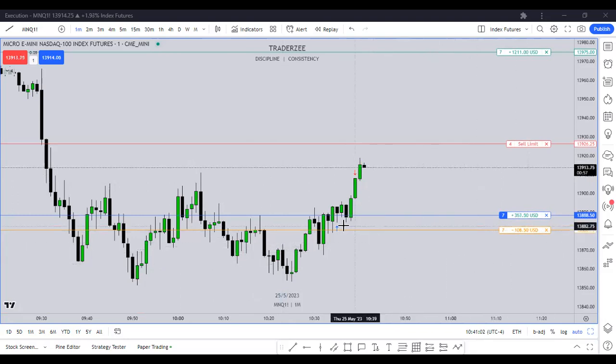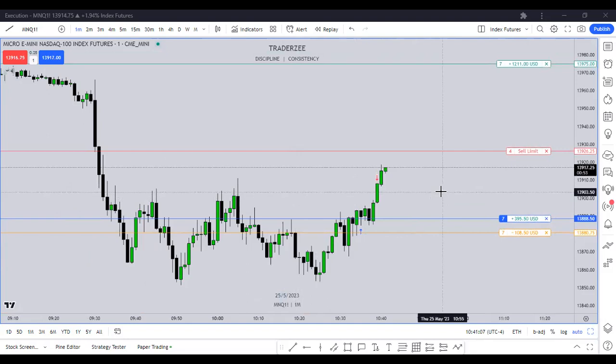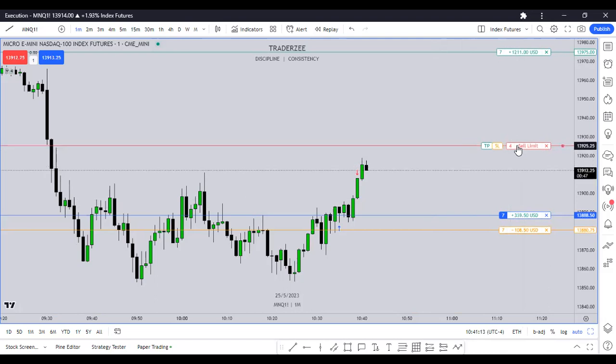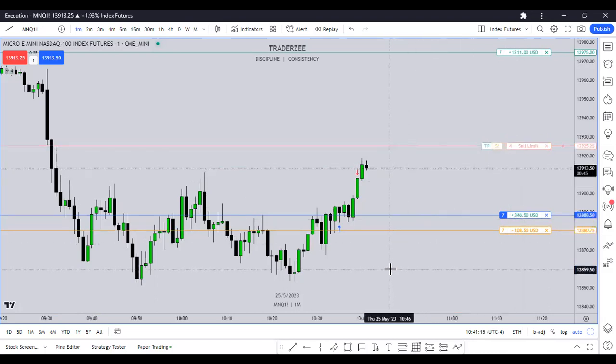Now conservatively we can move our stop loss here, but if I want to move my stop loss again, preferably I want my second partial to hit, and I'm going to move this partial a little bit lower because the spread might not get us filled. So